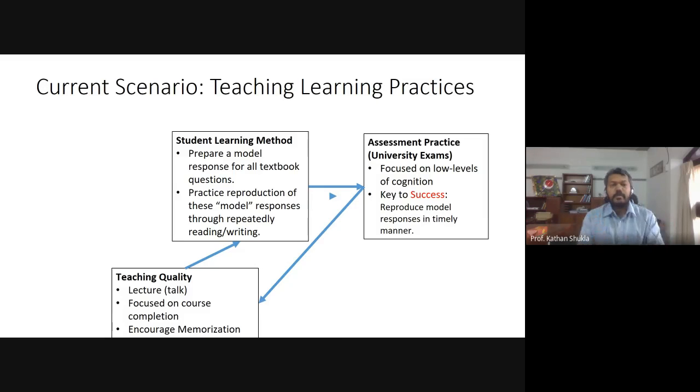So that is a big problem, because see how students prepared, probably in the entire school life and the entire 4 years of engineering, so probably 16 years of formal education. All they have done is reproduction of some model response in a timely manner. They closed the written text here and reproduced it there. They just practice that skill, but they do not have sufficient knowledge and other skills which the industry and the market will need, which will give them employment in day-to-day life. That did not come. So that is the problem, and this happens across sectors.